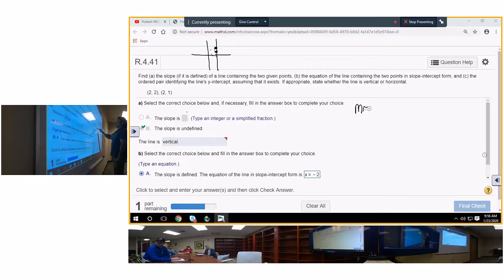M is equal to delta y over delta x, which is equal to